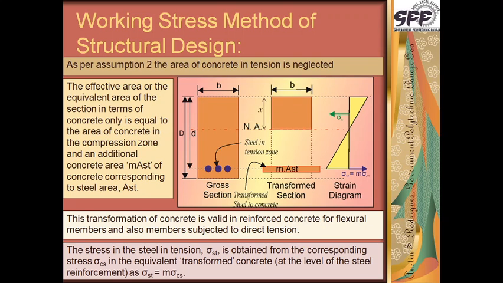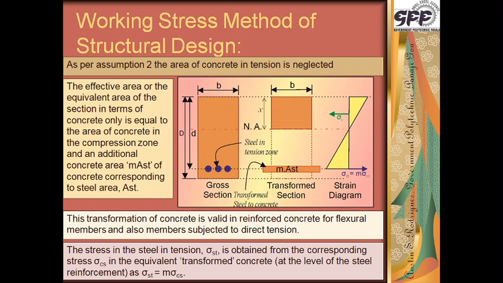So visualizing this becomes easier, as the top portion above the neutral axis is in compression and is useful in taking the load. If you see on the right hand side the strain diagram shown in yellow, the bottom portion below the neutral axis is everything in tension. The yellow portion above the neutral axis is in compression. Now the stresses have been shown over here. At the bottom, the arrow in blue shows the stress in steel. At the level of the steel, the stress in steel is given as sigma st, which is equal to m times sigma cs.